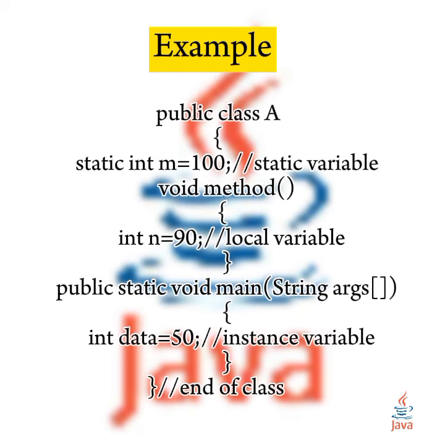public class A { static int m = 100; // static variable. void method() { int n = 90; // local variable } public static void main(String[] args) { int data = 50; // instance variable } } // end of class